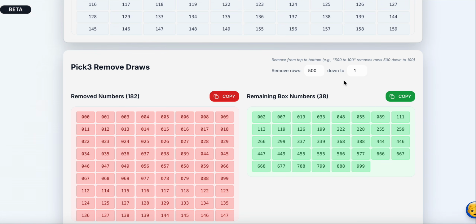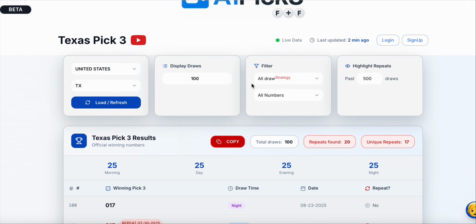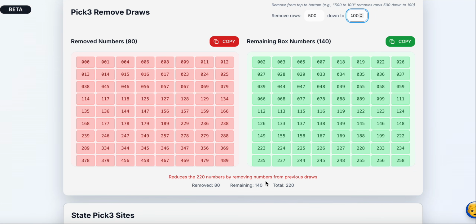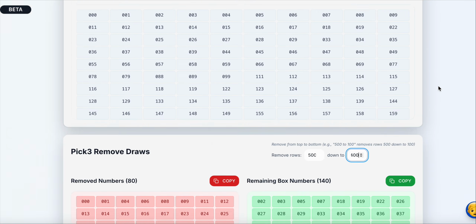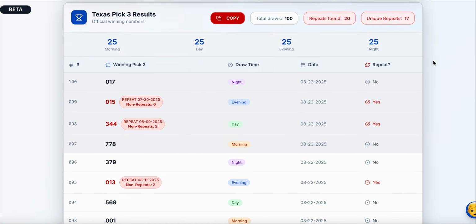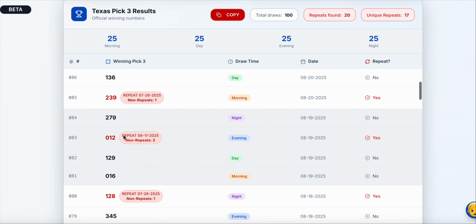Come down here, right? You have 500 draws right there. So you start with 500 as the top. If you reduce 100, then you're going down to 400. And I'm going to make this much better for you. I'm going to automate this for you, meaning that when you choose 100 draws, it's going to automatically remove 100 draws with the numbers. So now you went immediately from 220 numbers to 140. Well, we're going to get it much lower than this. Don't worry about it. So you got it at 140. But the most important thing right now is that you got it so easily down to 140 numbers, really doing not much. Okay? Just looking at here, look, the doubles are not really hitting that much back to back.